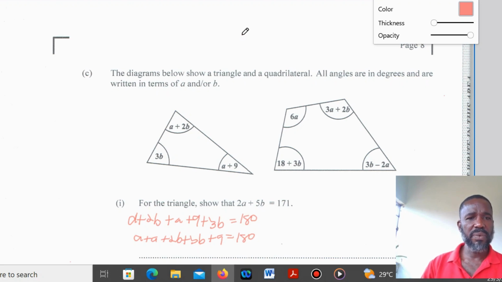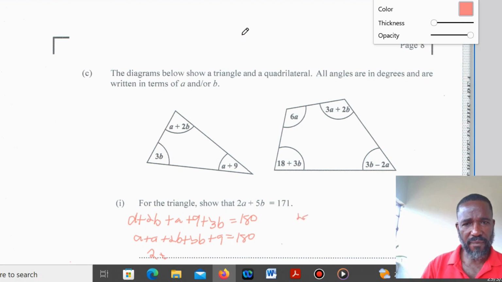So here we have A plus A will give us 2A, and 2B plus 3B will give us 5B, and plus 9